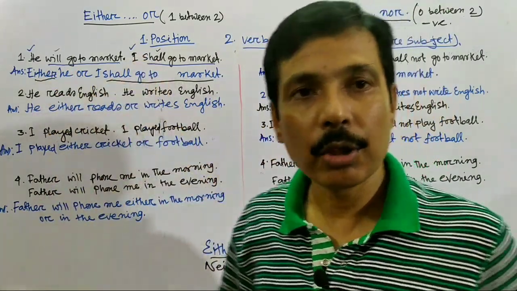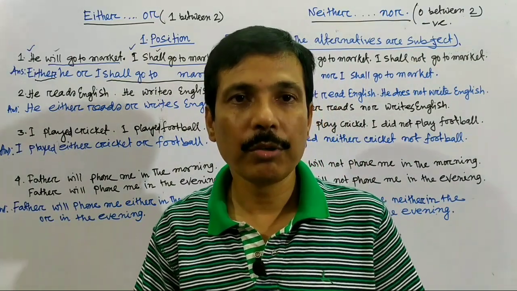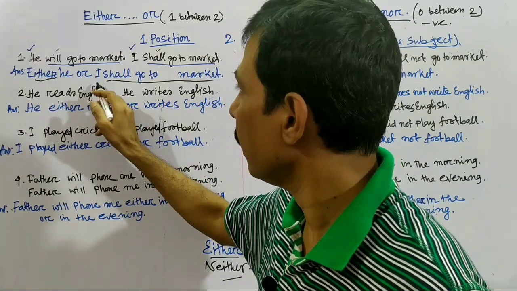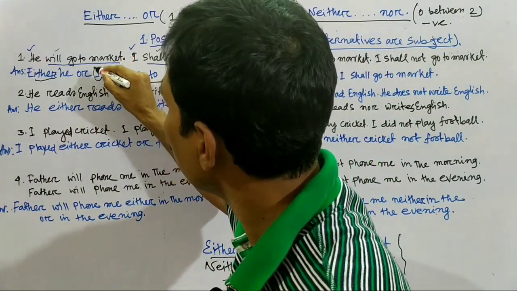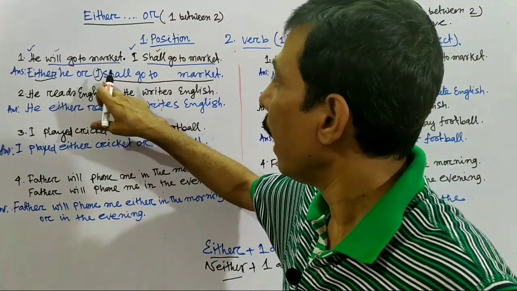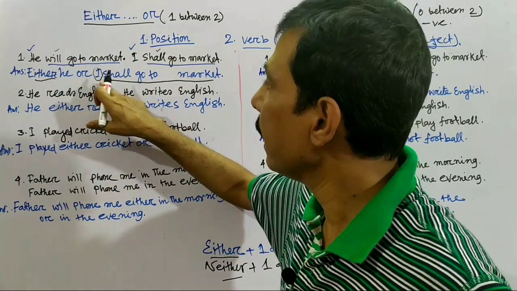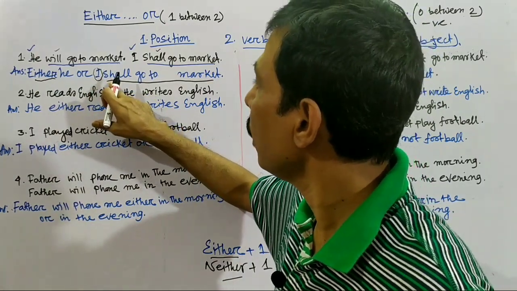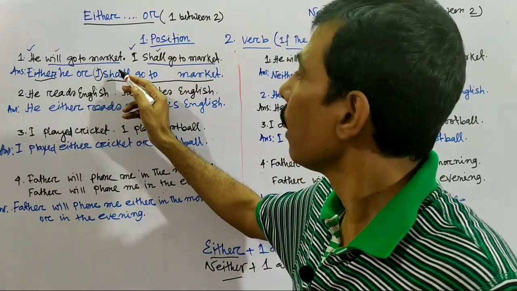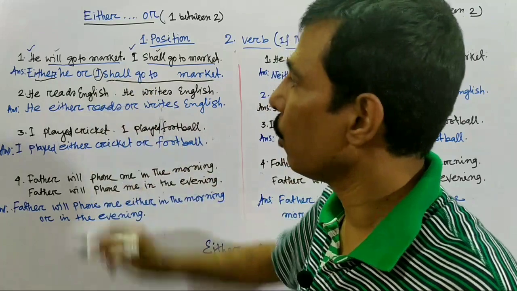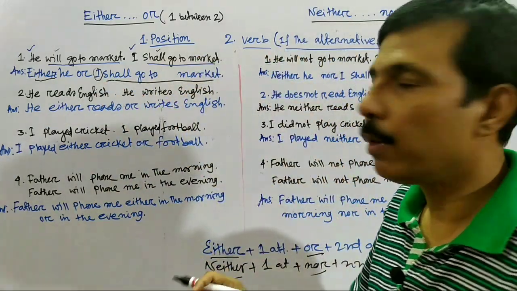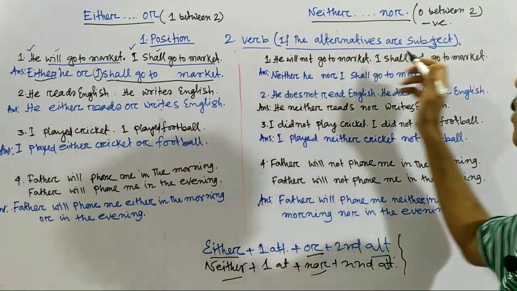Will or shall? The question is there, so there is no confusion. You should notice the second verb. What is the second verb? A subject here, I is the second subject. So the subject you use according to the second subject, that means the nearest subject. So if you put here will or shall, as the subject is I here, obviously you put shall here. So two things: one thing, position, we have already cleared. Next thing, the verb: which verb we will use if the alternatives are subjects.